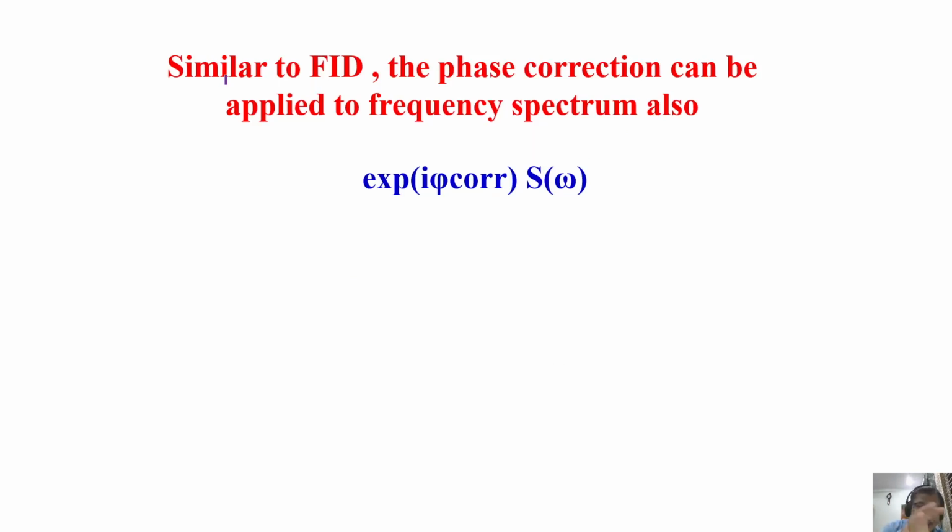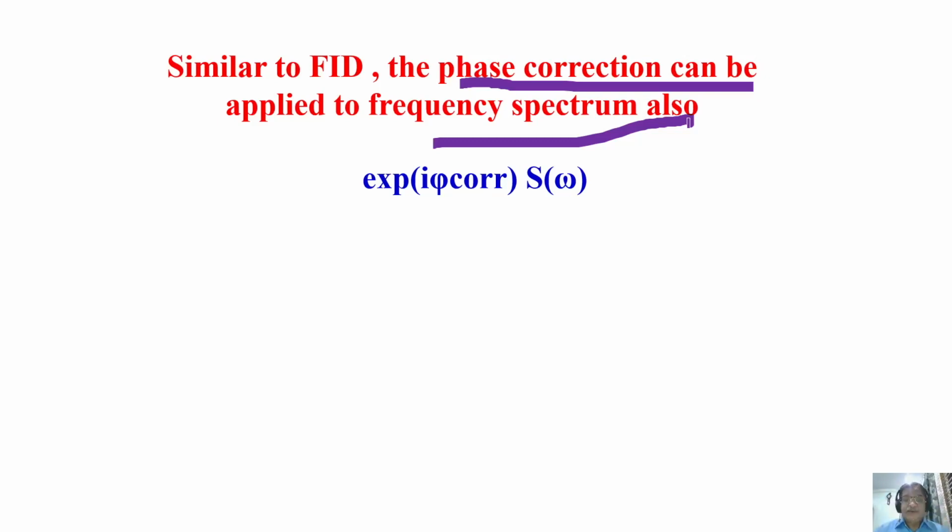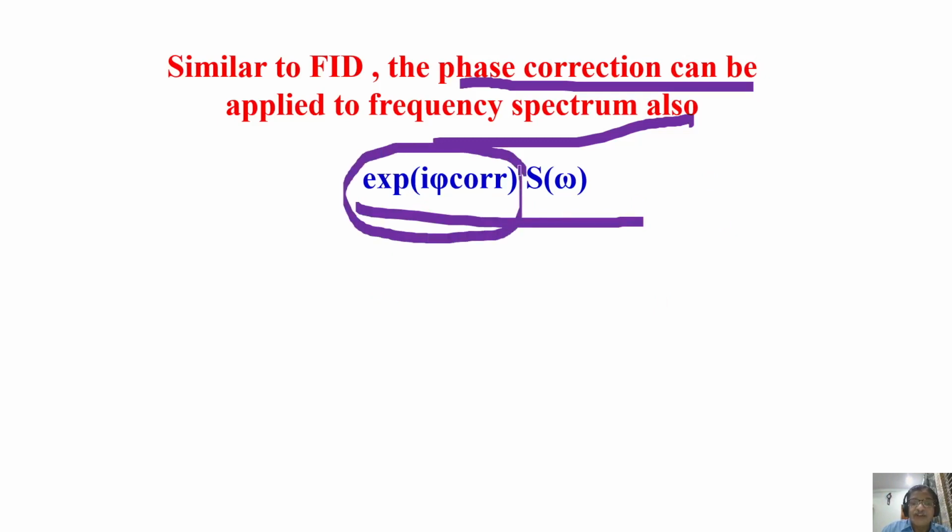Now, this is what we did in the time domain. You can do multiplication by a correction function like this to see that phase errors are nullified. The same thing, you can do phase correction in the frequency domain also, because we do not know what the phase errors are in the time domain. So many signals are overlapped, there is an interferogram. We do not know how to correct that, but we can do the correction in the frequency domain spectrum. So we can incorporate the correction factor for the phase in the frequency domain also.